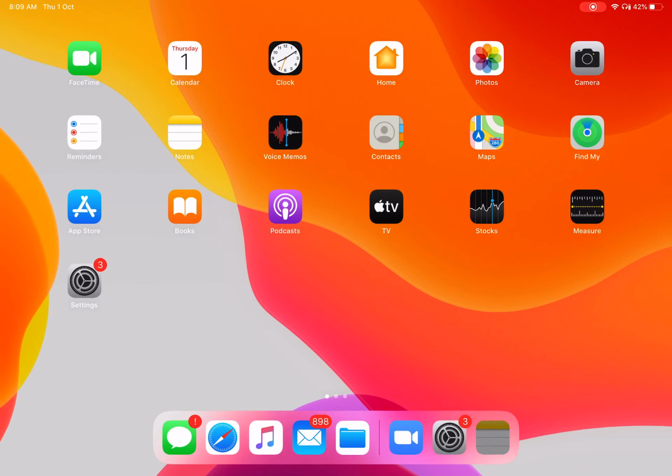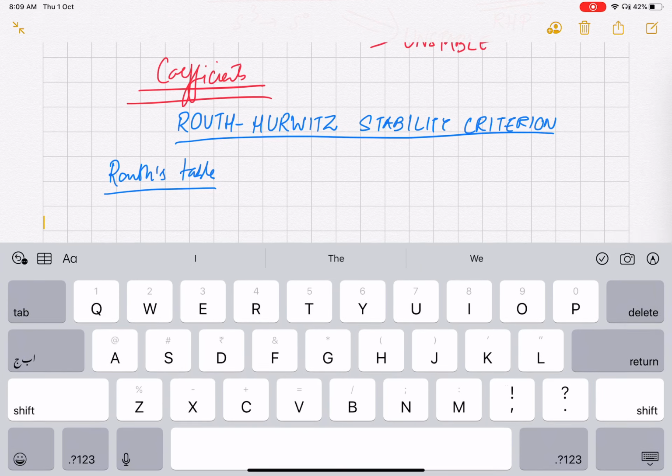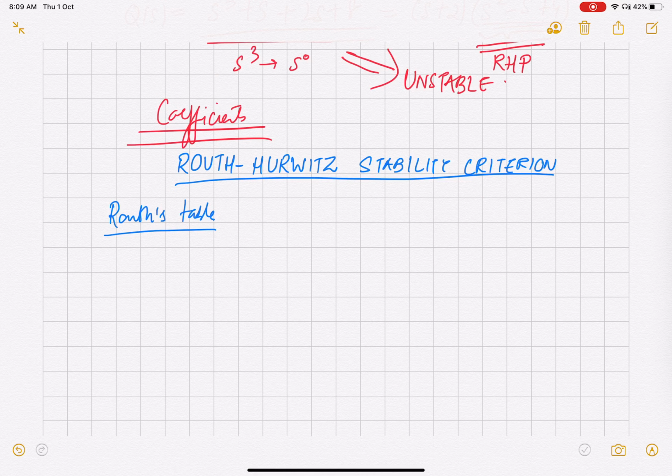And what we can do is to just check the stability using a very simple criteria, which is the number of sign changes in the first column. So let me give you a small example. Suppose the characteristic polynomial is s cubed plus 10 s squared plus 31 s plus 1030, right? So I'll make my Routh table by writing the highest degree here, then down to the lowest degree,